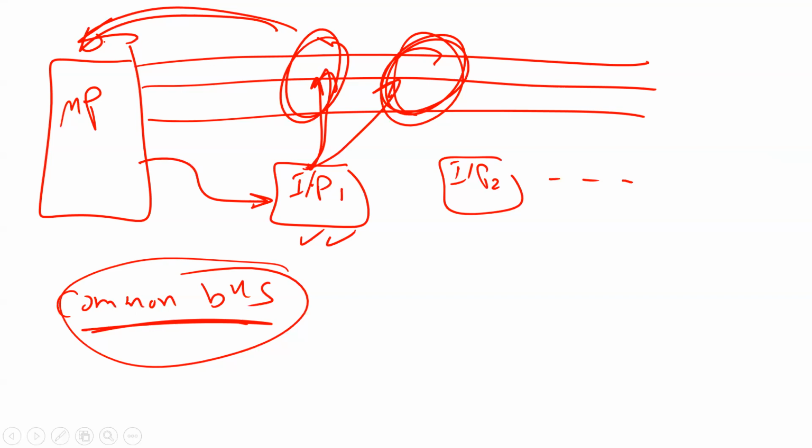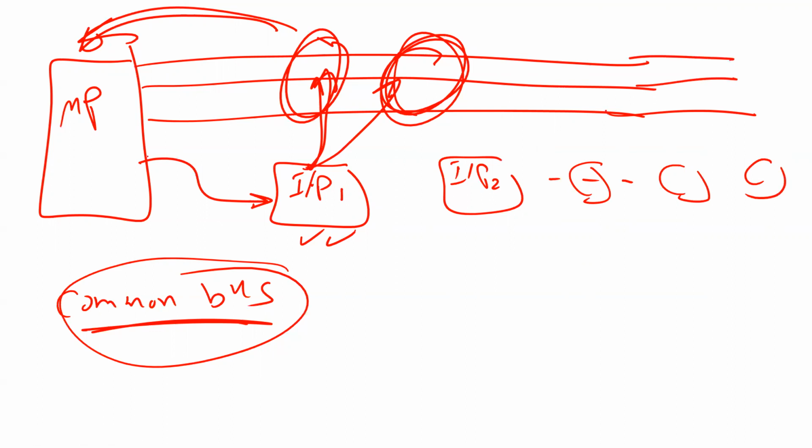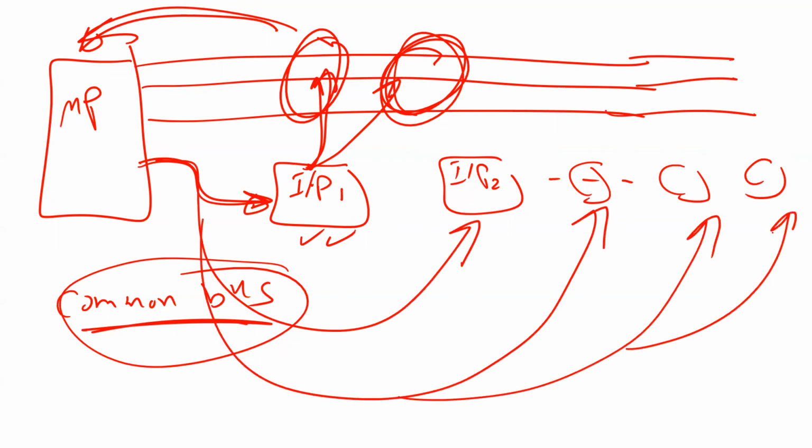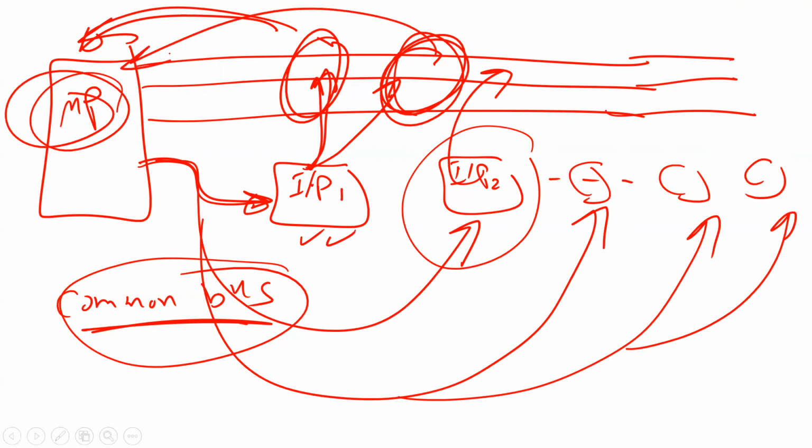As you see here, we have many input devices. But which device? I have to tell it, right? So there is a control pin here, to tell this device, please put your data on the bus, and this guy is going to take it from the bus. And keep in mind, this is a shared bus. It's not allowed for two devices to put data at the same time. That doesn't make sense. Only one should put the data. After I read it, the bus is free, and you can use it for something else. Is that clear?